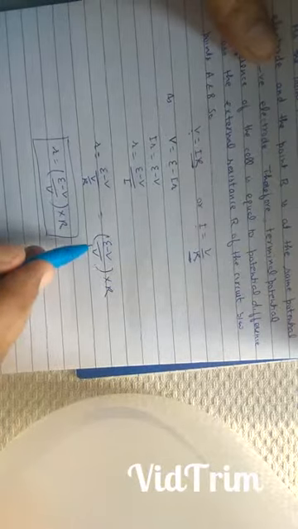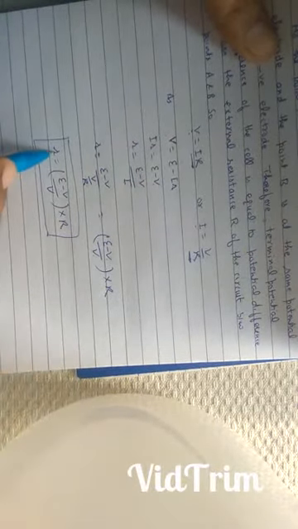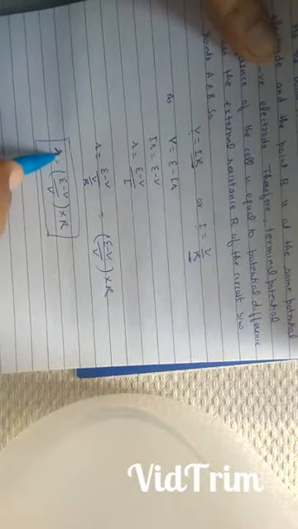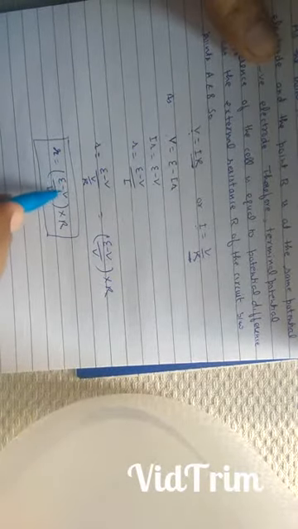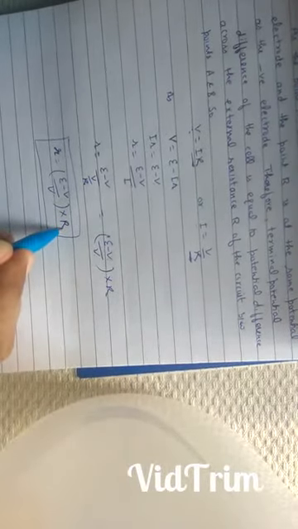Therefore this becomes r is equal to E minus V upon V, and R goes on the upper side. Therefore this is the equation for internal resistance of the cell: r equals (E minus V) R upon V. E is the EMF of the cell, V is the terminal potential difference, R is the external resistance connected to the circuit.